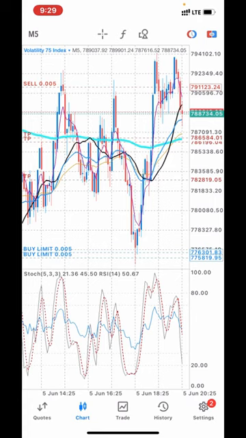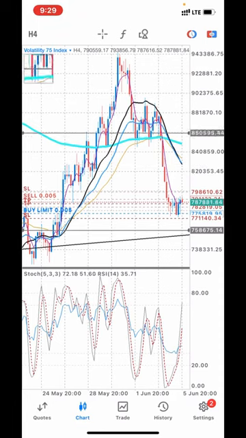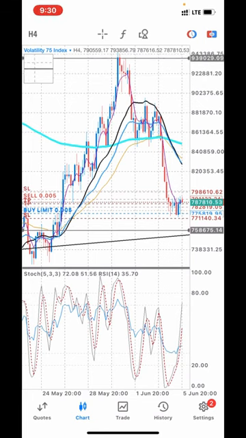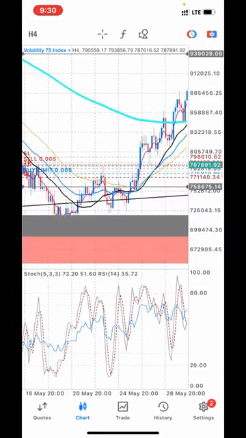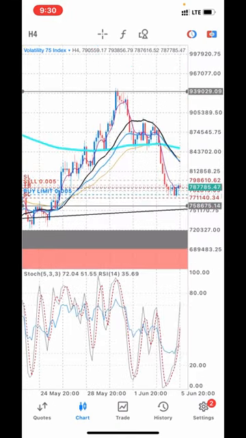Why I'm actually loving volatility index is because it has its pattern. It's not that unpredictable. You can predict it, because if it's going down, it's really going to go down for a long period of time, and if it's going up, it's really going to go up for a long period of time. Let me show you. This market has been selling. Follow this vertical line. This is where the sell started from, and it has been selling like that till here. Look at where it is right now. It will touch here. Once it touches here again, I place a buy, and it's going to buy back.